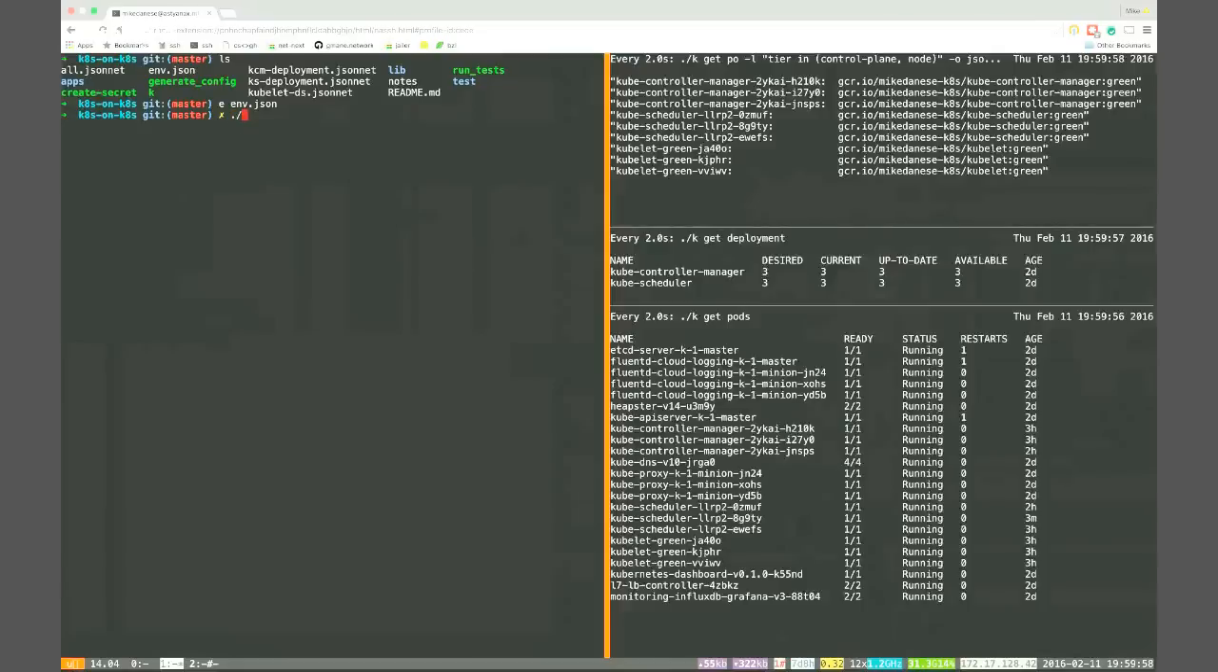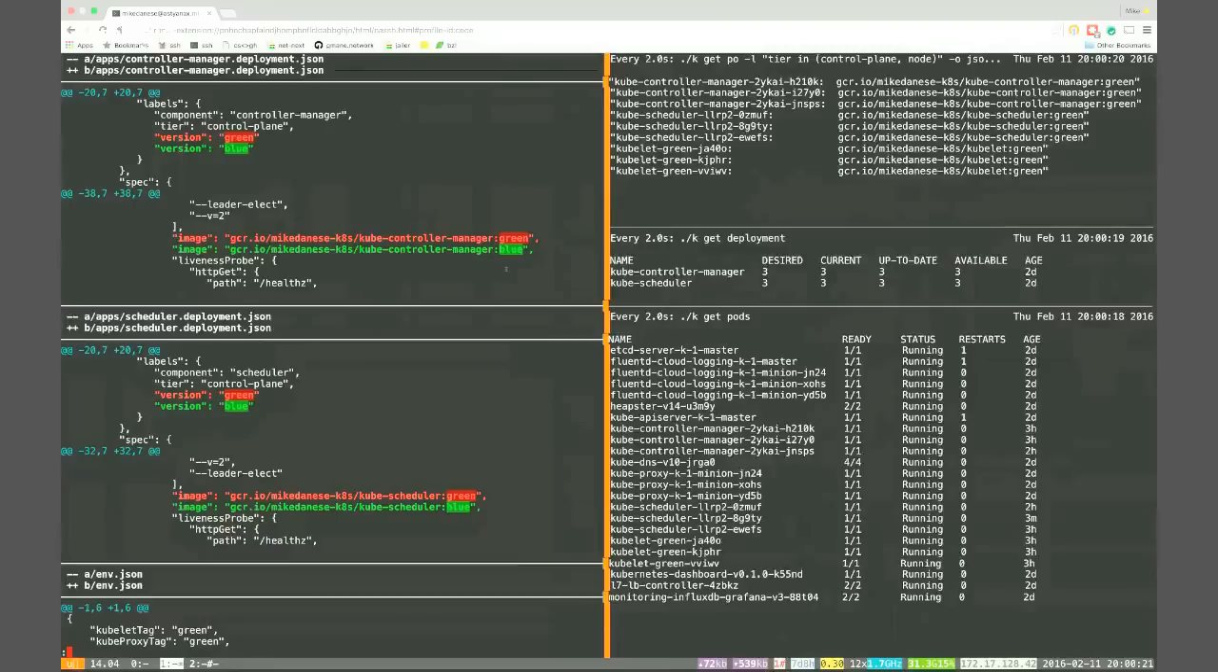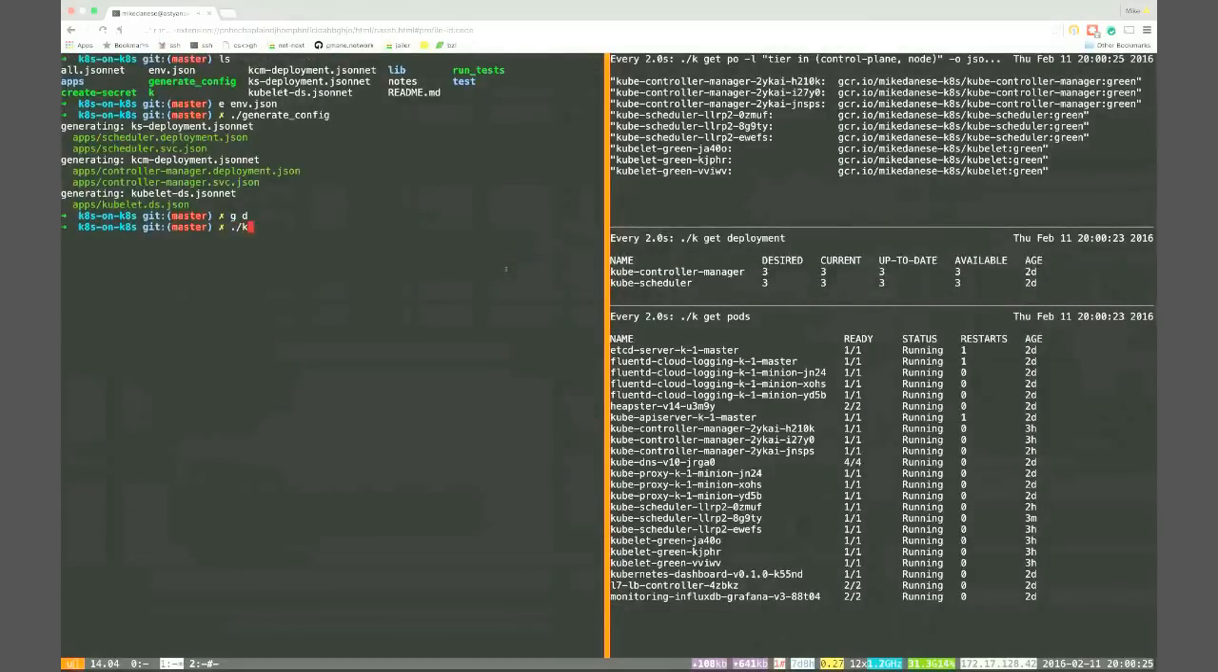I'm going to generate config, which will run the Jsonnet commands to expand my templates. I'm going to do a git diff. And as you can see, I updated a couple labels, and I created a couple image tags inside my deployment Kubernetes object files. So what I'm going to do now is